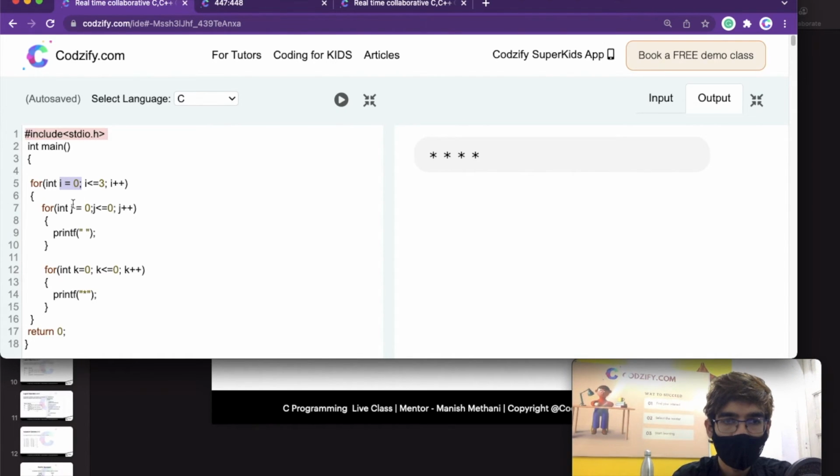When i is equal to 0, 0 is less than 3, j is equal to 0, 0 less than 0. Okay, the condition is true, print one space. It has printed the space. j is equal to 1, 1 less than 0. Okay, the condition is false, it will come here. k is equal to 0, 0 is less than or equal to 0, print 1 star. It has printed this star and this space. Now k is equal to 1, 1 less than or equal to 0, the condition is false, it will come out of this loop